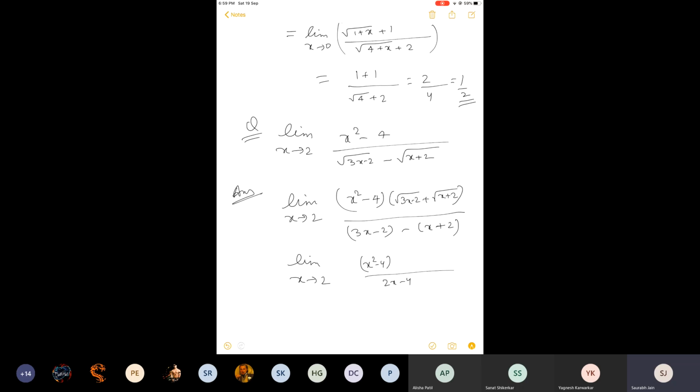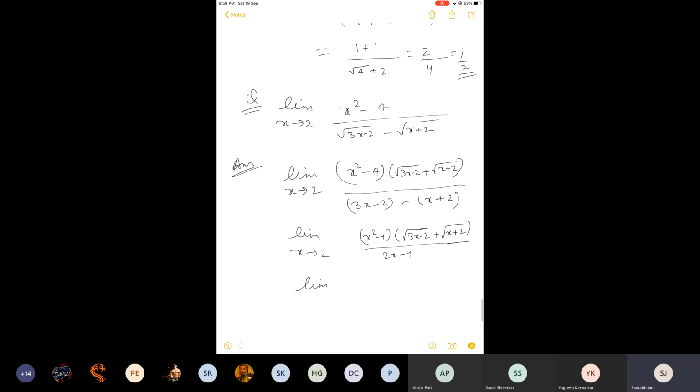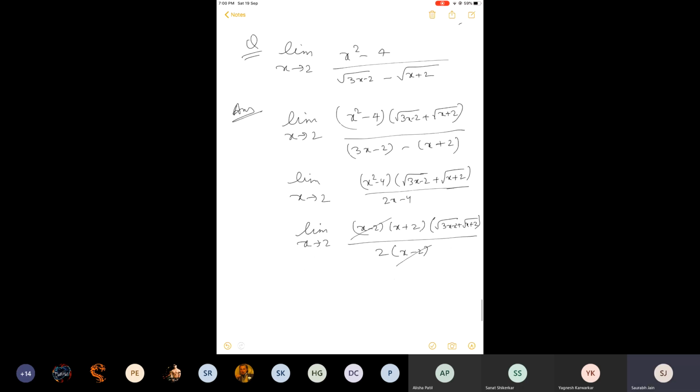But what you will see is that just merely rationalizing won't help. It's not that once you have done the rationalization, you will get the answer. No, try to remove that term which is leading to indeterminate form. That is more important. So for that, you will now have to factorize the numerator, especially the first part, not the second one. So it is a mix of factorization as well as rationalization. From the denominator, you will take 2 common, and cancel. Now you put the value, you will get the answer.